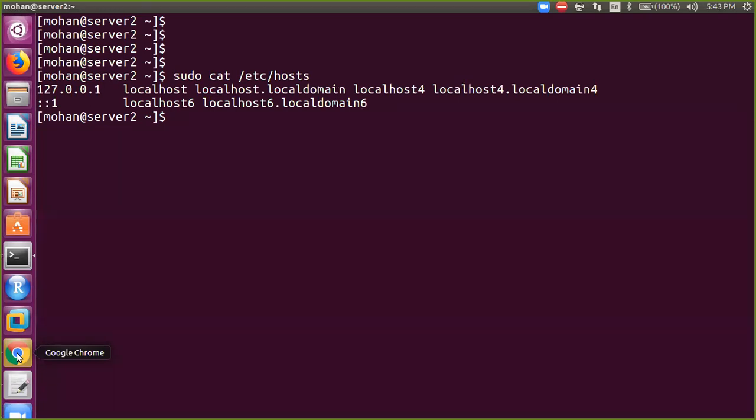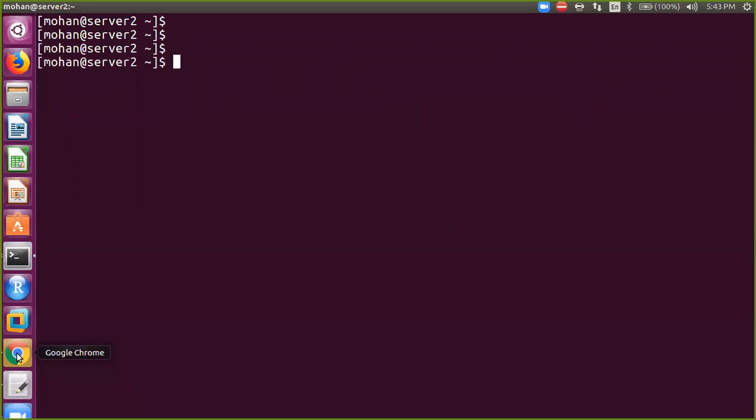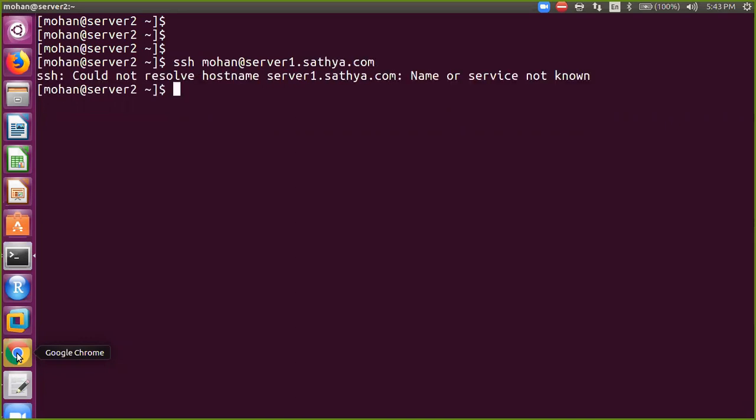Here we don't have that entry, right? So we could not connect to server 1 with the host name. Clear, sir? Now observe, sir. If I want to connect like this to server1.satya.com, it could not connect because it could not resolve the hostname server1.satya.com, as I did not make an entry in /etc/host file.